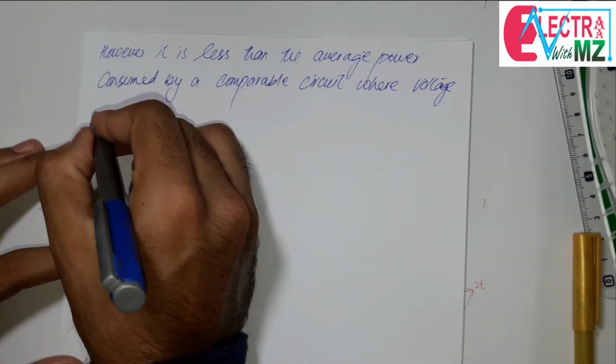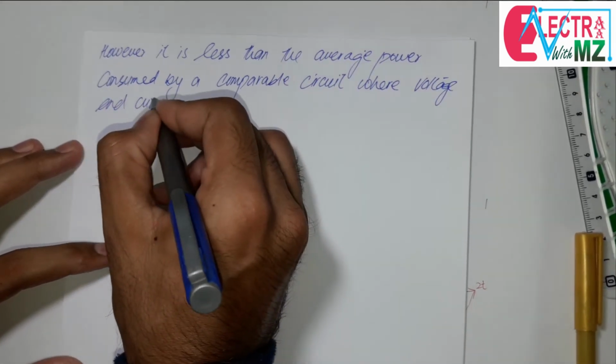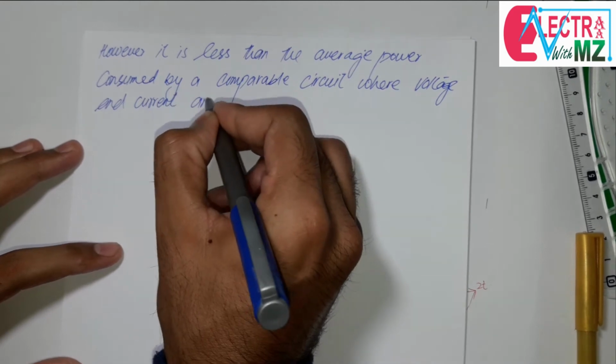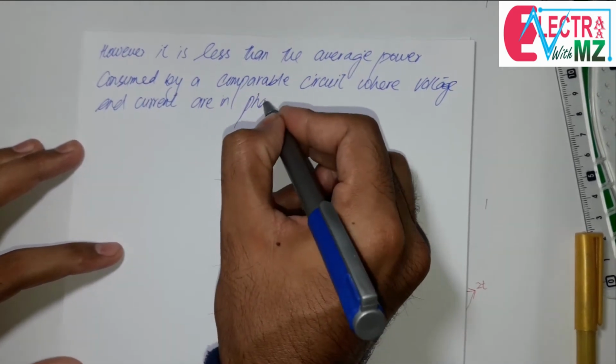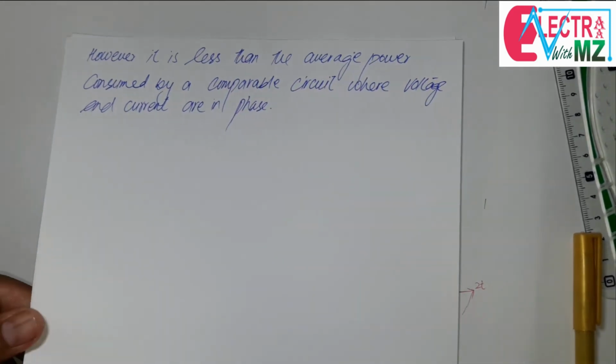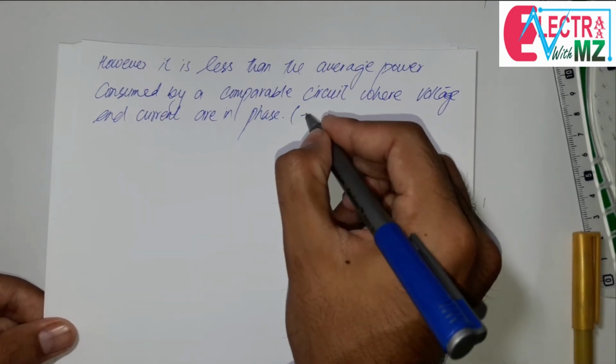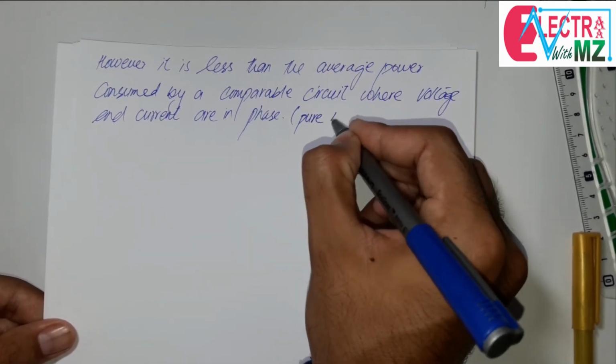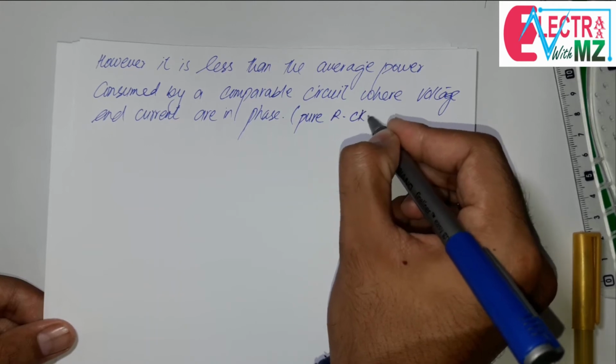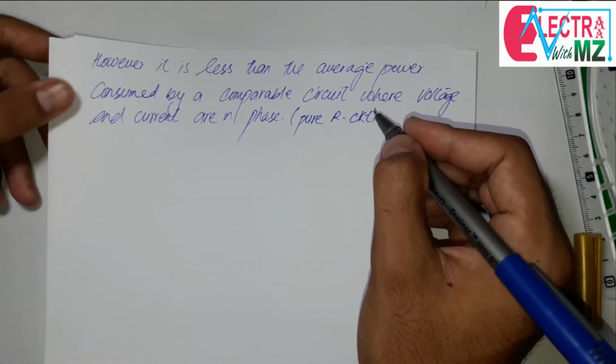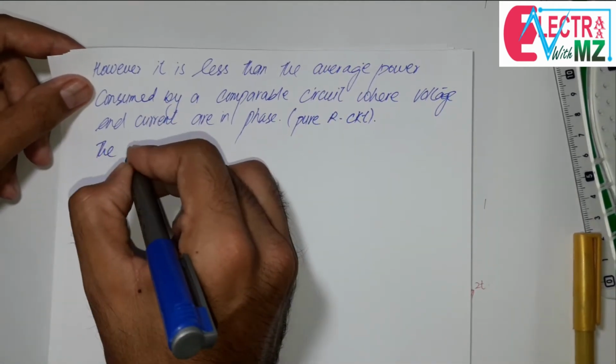Voltage and current are in phase, okay, means a pure resistive circuit. So the negative area,